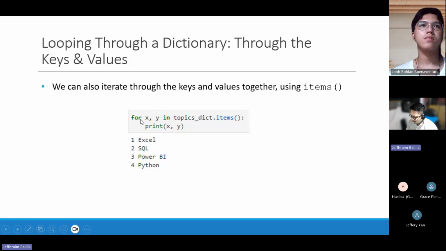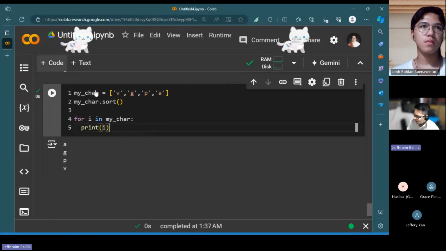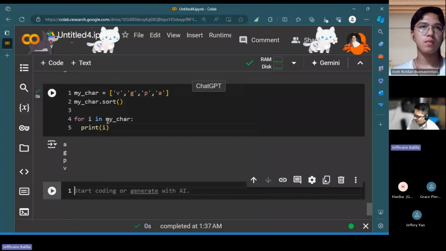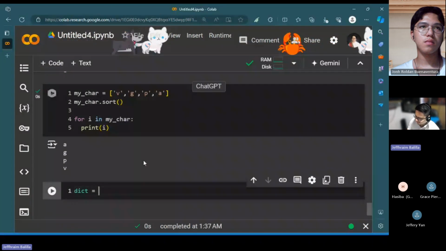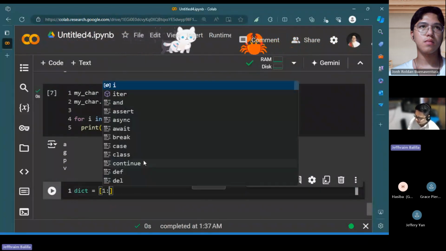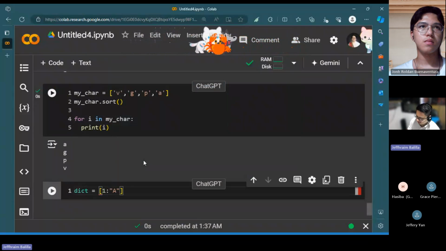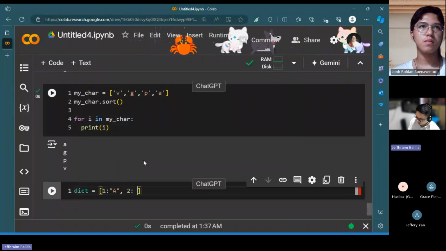The first object, x, would be referring to the keys, and the y would be referring to the corresponding values. So if you try to just do x in there, what do you think would happen? Let's see. We create our own dictionary, assign it with just this. We want to make things simple.